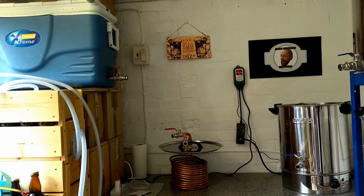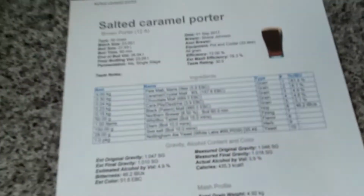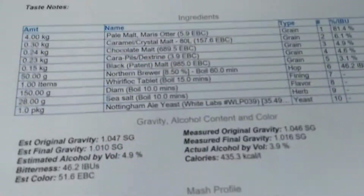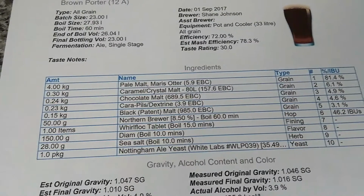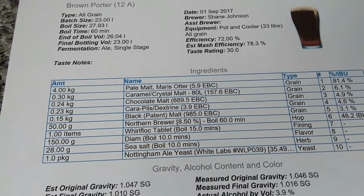Brew day. Salted caramel water. Yum yum. Okay, so let's see from the recipe: 4 kilograms of Maris Otter, 300 grams of caramel crystal malt,